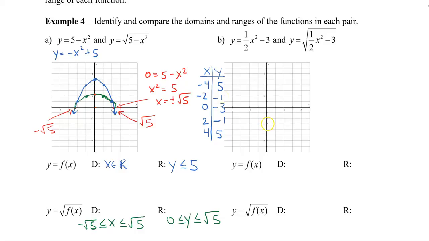So graphing this one, we get something that looks like this. And let's connect our 5 points together. Try that again. All right, so now that we have our 5 points together, let's see if we can figure out what the